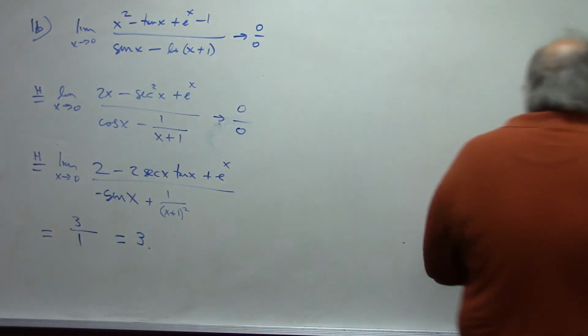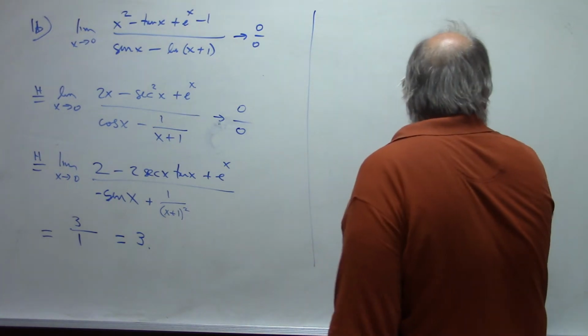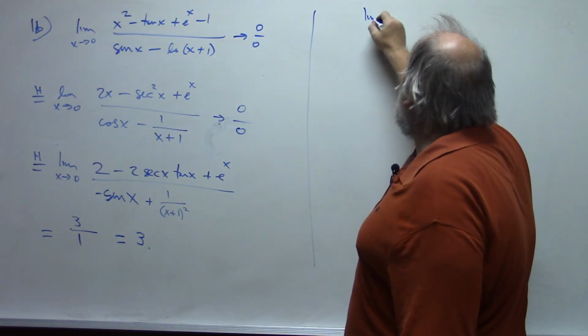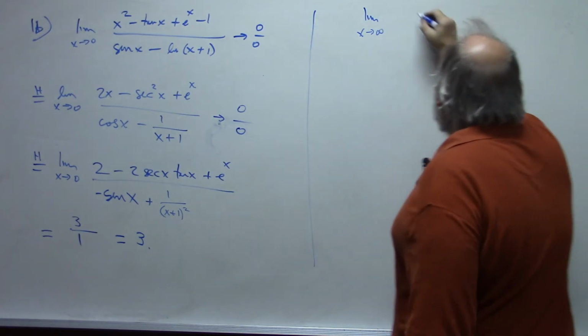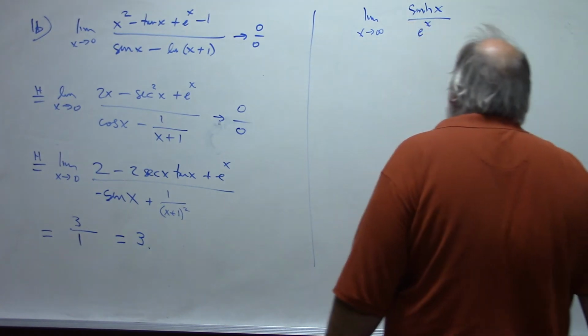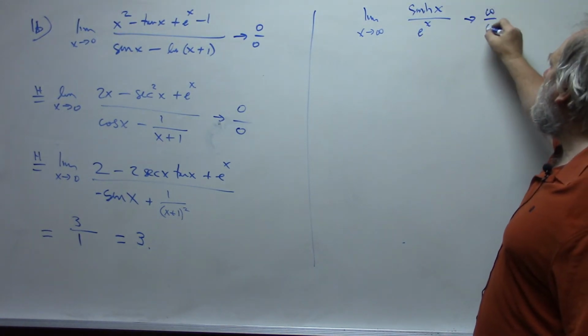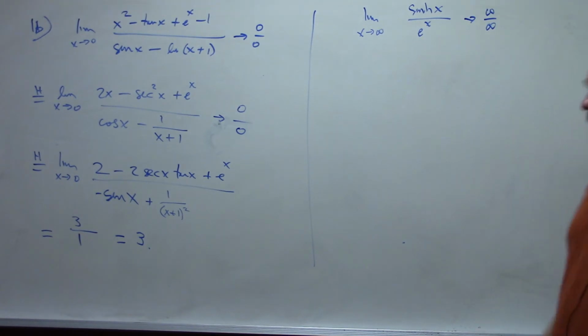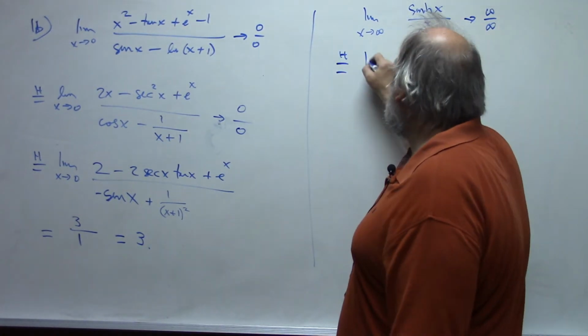Suppose I have, I'll leave that up there for the moment, the limit as x approaches infinity of sinh of x over e to the x. This is an infinity over infinity form. Both of these functions are approaching infinity. If I try L'Hopital, notice the word try,